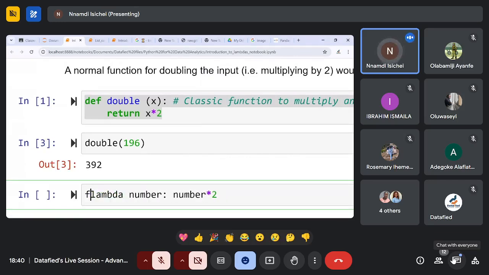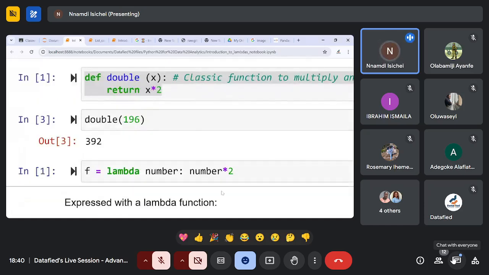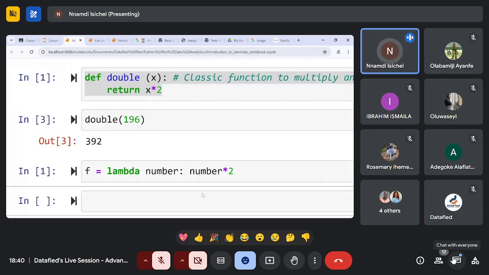F equals lambda number such that number squared. So once I say f of 2, just like a mathematics function. So you see this double gave me 392. When I doubled